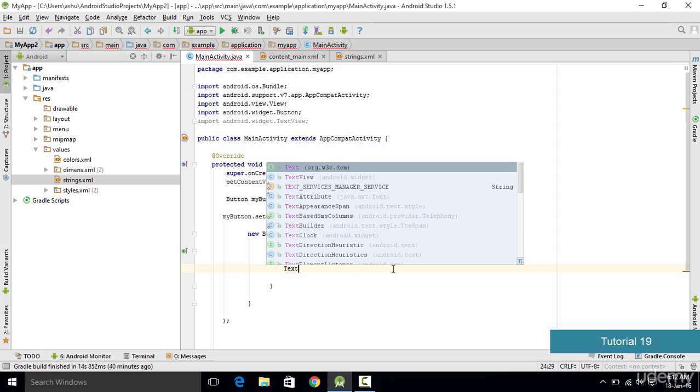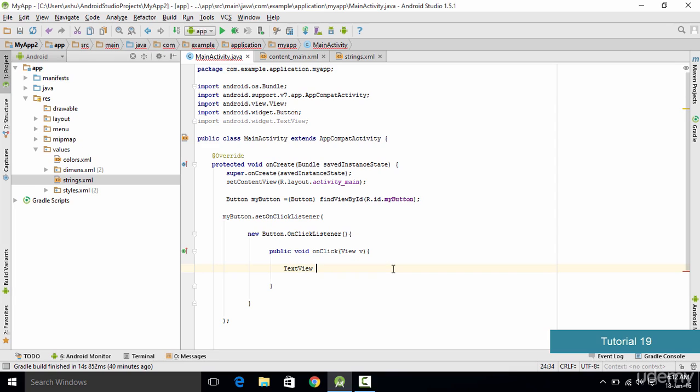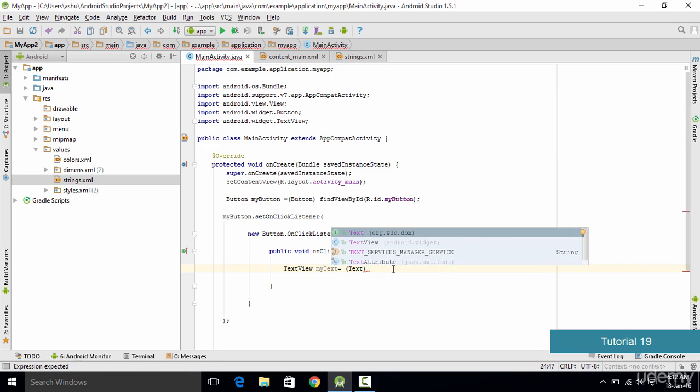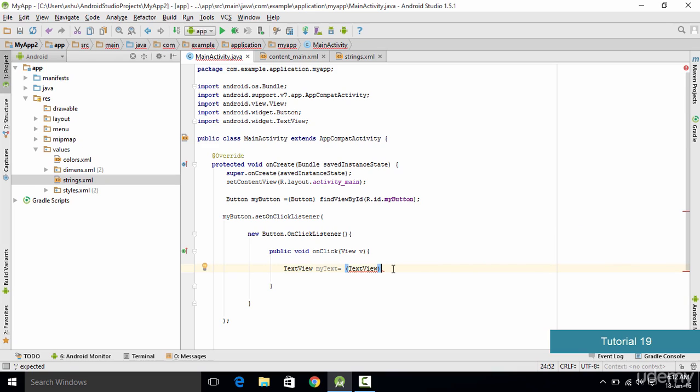So we type TextView, and let's name the text view as myText. Then we type equals, and in order to typecast it, we type TextView again inside parentheses. So if you know Java, you could understand what typecasting is. And we go out of the parentheses, and then we type findViewById, and as we are going to need the ID of the button, so we type